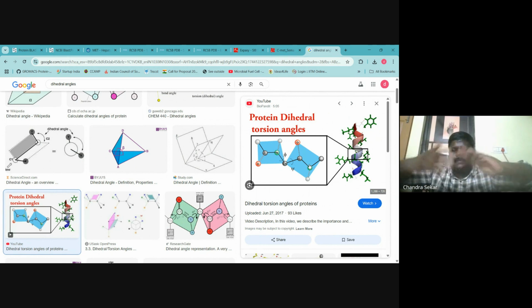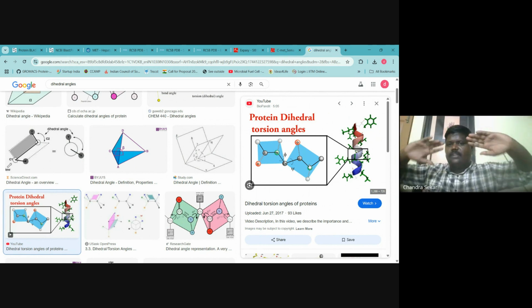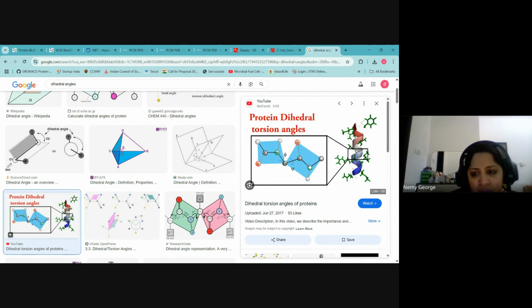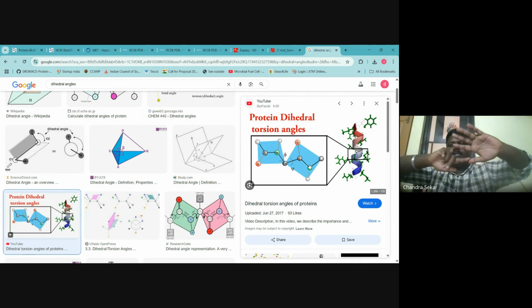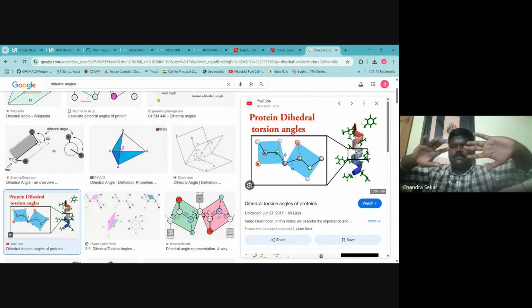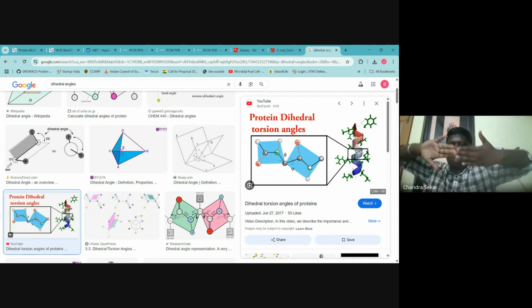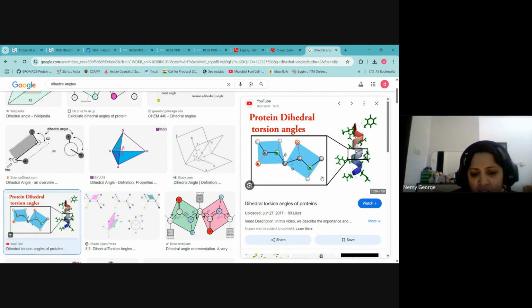The entire protein won't twist. For example, this is an amino acid. Can you see my fingers? These are two amino acids, and these are carbon, hydrogen, nitrogen, oxygen. I can't bend like this. Rather, how will I bend? There are two options for me to bend: phi, psi. Can you see the phi angle?